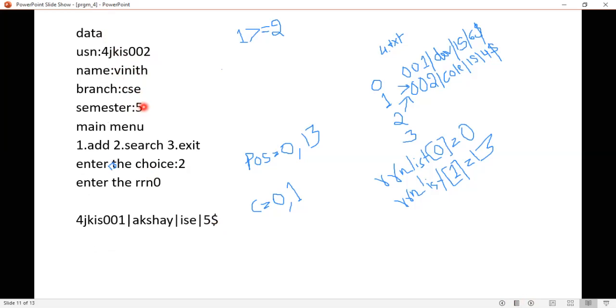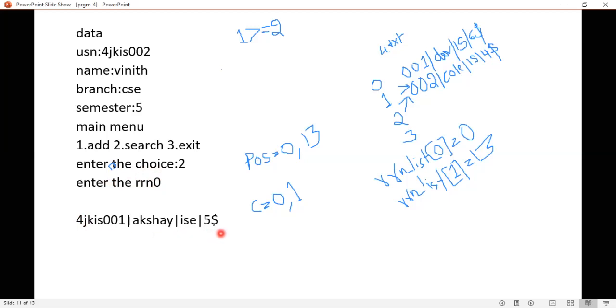Main menu, add or search, that is the second choice. Once you have entered all the data, you search for the data, that is you are entering the RRN 0. Which record will this particular RRN 0 return now?